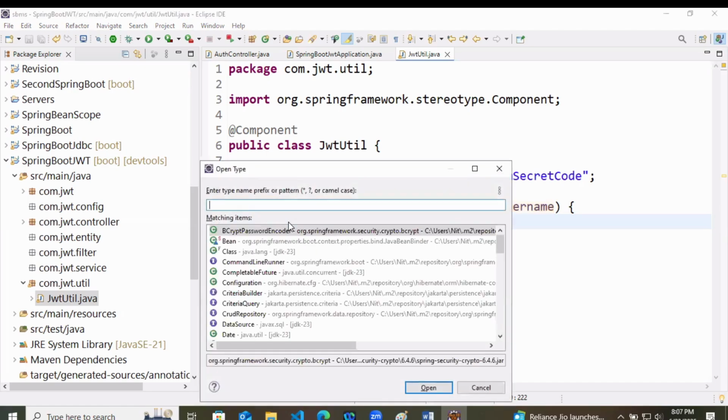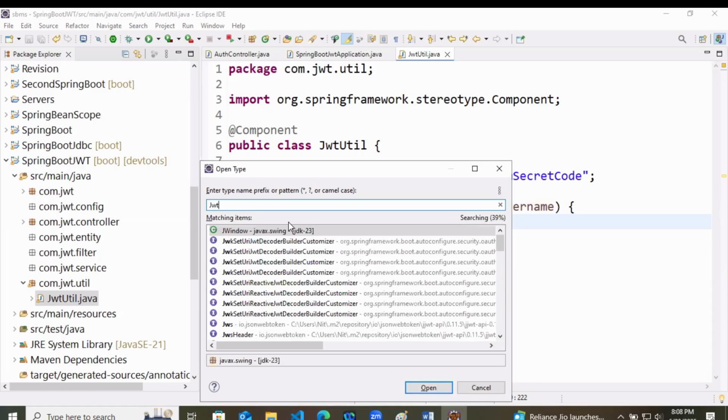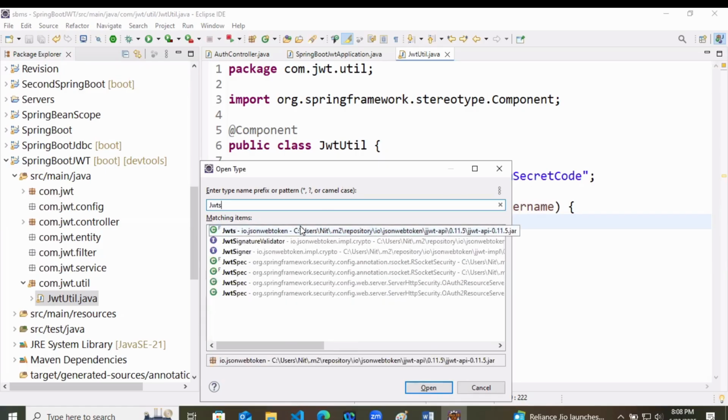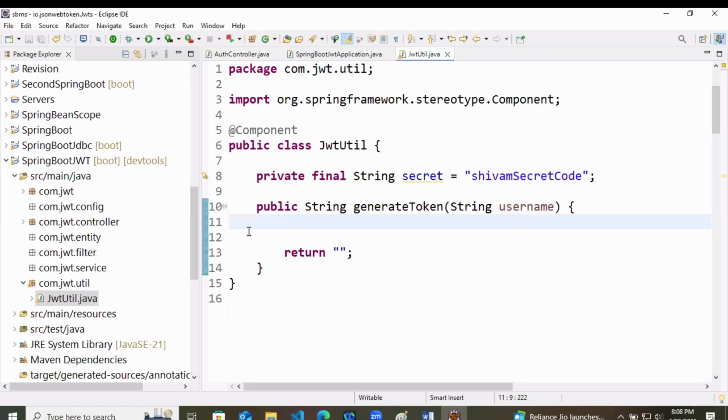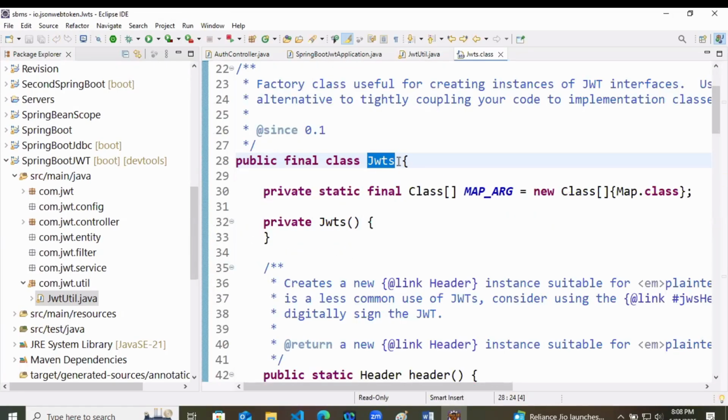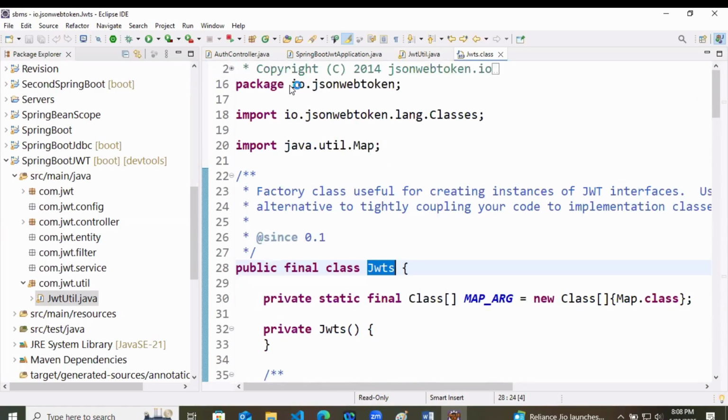Now, there is something like JWTS, and it is a class. And who provides this class? io.jsonwebtoken.